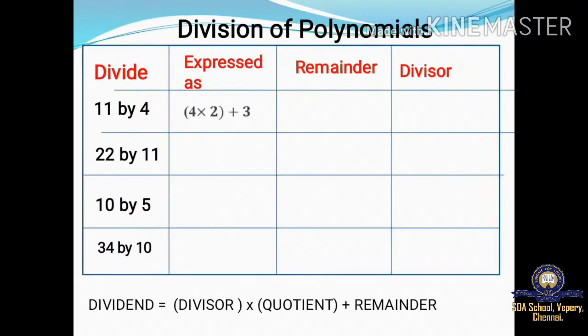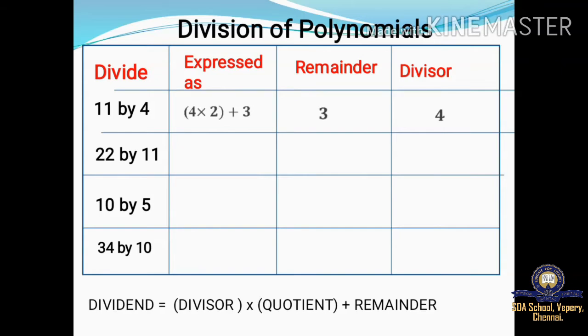Before starting the division algorithm of polynomials, I would like to explain it through an example. See, for example, if you have to divide 11 by 4. If you divide 11 by 4, what will you get the remainder as? 3, and the divisor as 4. Now, according to the division algorithm, dividend equals divisor into quotient plus remainder, which means the divisor